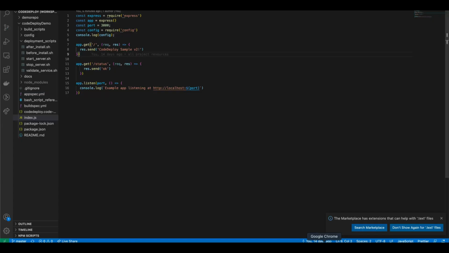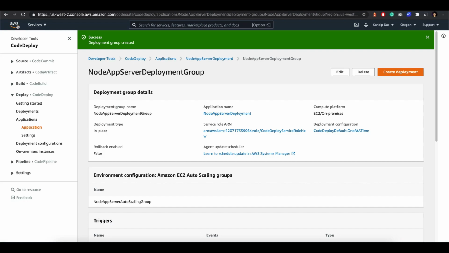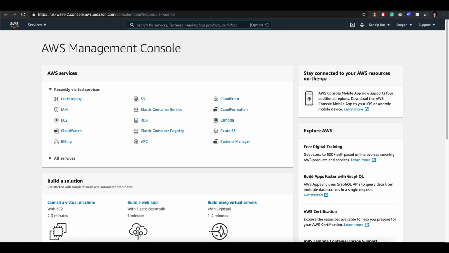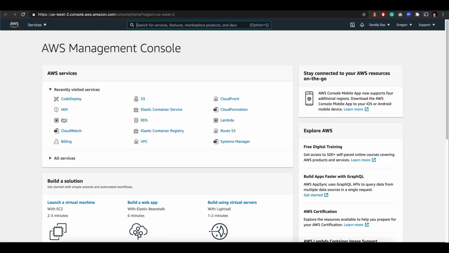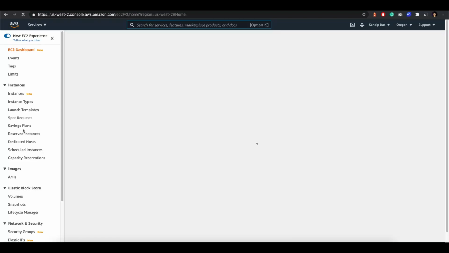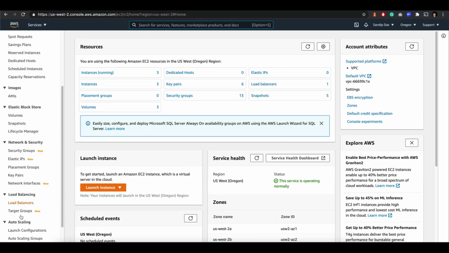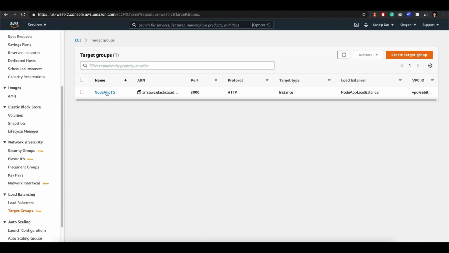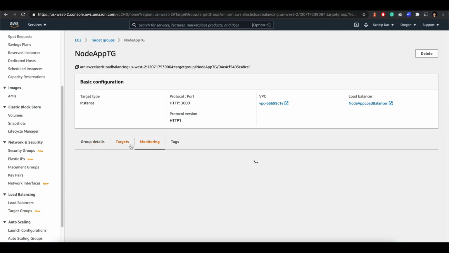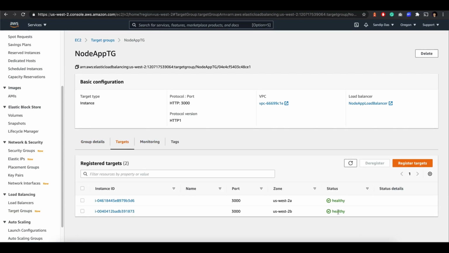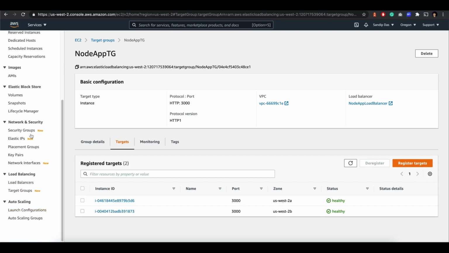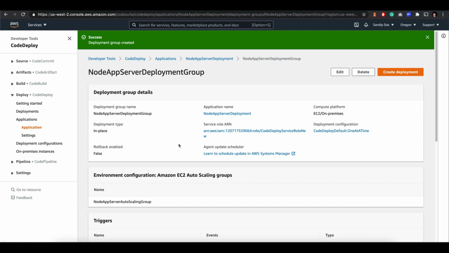Now I have made a change, made it version 2. Now if I go to my instances, in the load balancer it's showing that, right? So let's see, EC2, and then load balancer target group. Previously it was showing unhealthy, right? Now if we go and click on the targets, you'll see it's healthy now, because I had the port number wrong there, right? Okay, now the point is we are going to deploy my new change